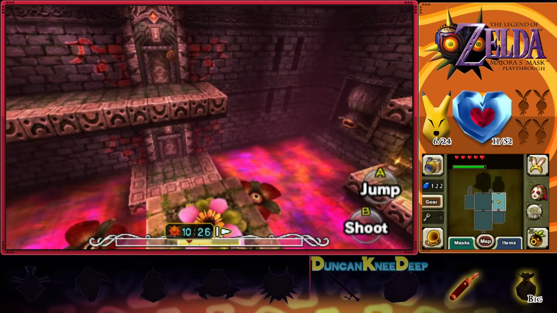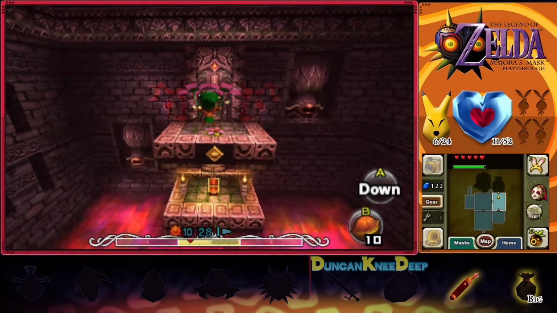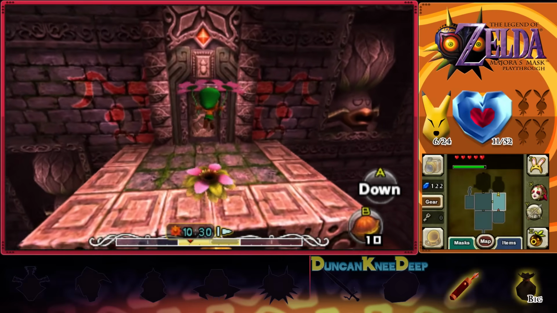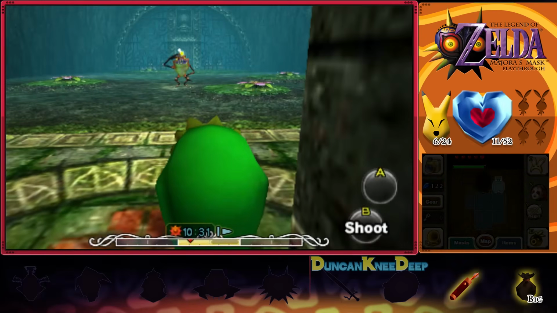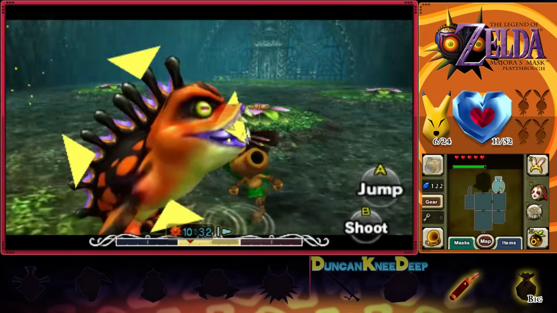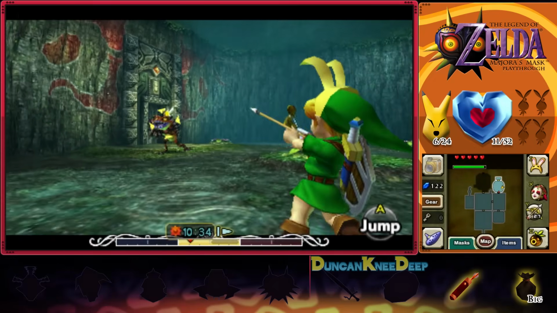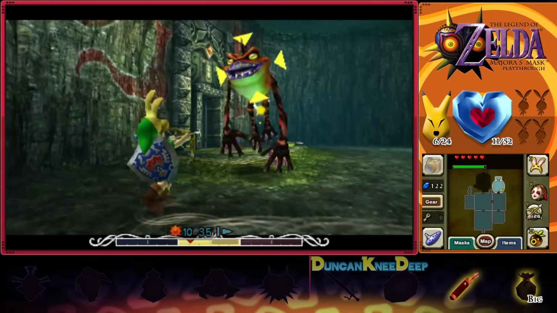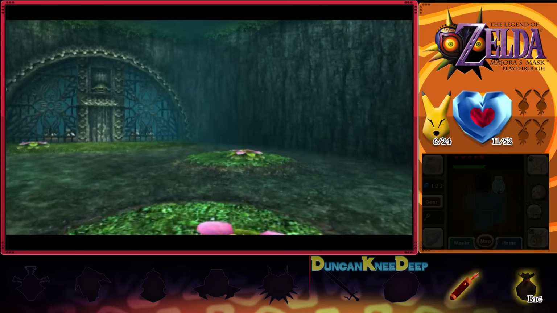Here we go. I'm trying to think where this... There's the boss key, at least. Alright. I'm trying to think where this last fairy is, because I feel like I should have 11 by now. Right. There we go. And now we need to...